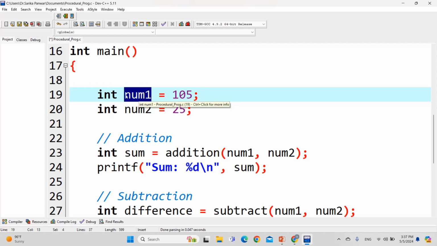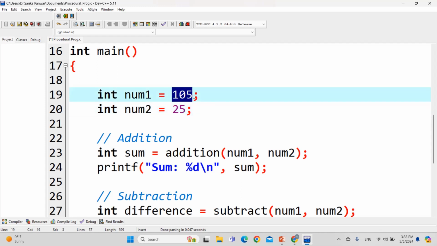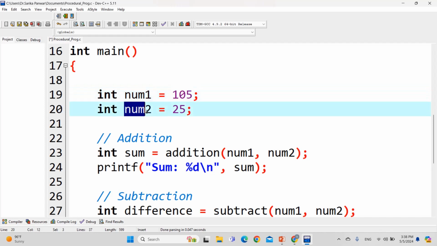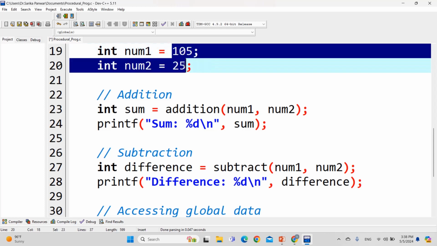The name of the first integer variable is num1, the name of the second integer variable is num2, and here num1 is initialized at 105. So when we declare this num1 variable, 2 bytes of memory space will be allocated for num1, and value 105 will be stored over there. Similarly, in num2, 25 will be saved, and we want to perform the addition operation and subtraction operation on these two numbers